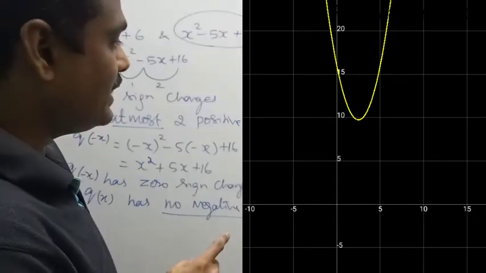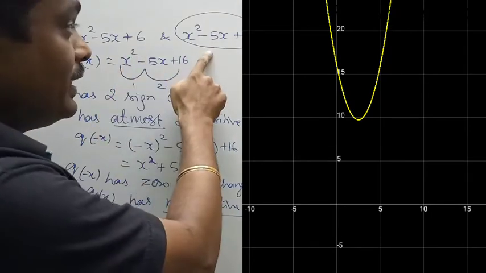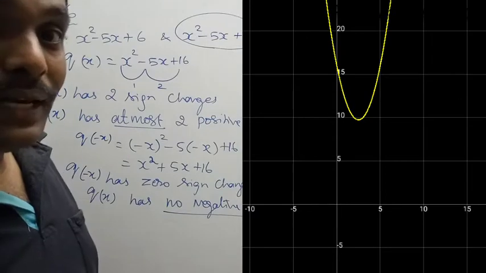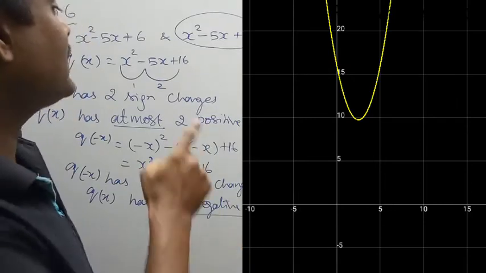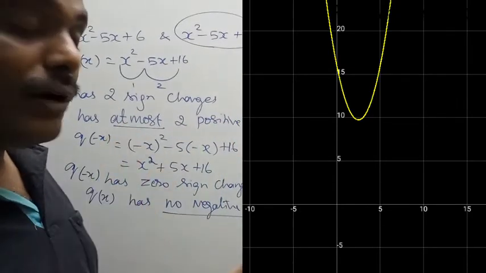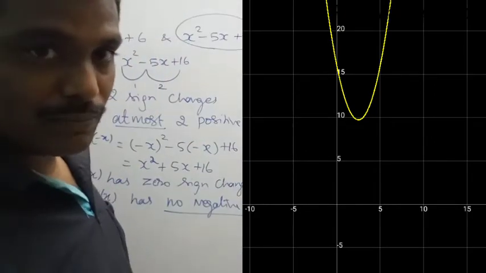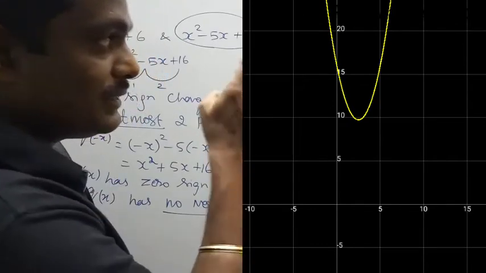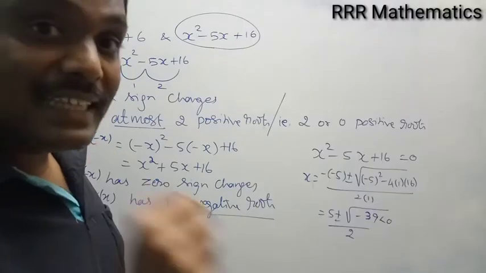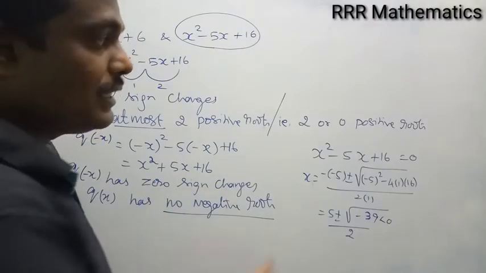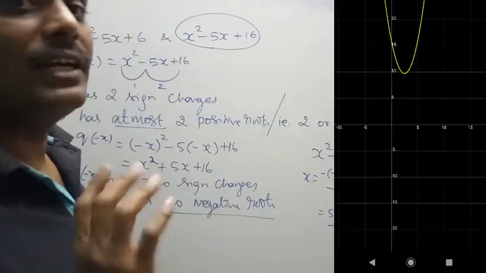Got it? So in this case, using Descartes rule you may say this Q of x has a maximum of two positive roots. But that answer is not exactly correct. You predict the solution may be maximum two positive roots. When you say two positive roots maximum, 2 minus 2, 0 positive roots is also possible. But in this case you are drawing the graph. By seeing the graph you can understand the two roots are imaginary. So the exact solution is no negative roots and no positive roots. The two roots are imaginary. Clear? See the picture, you can understand.